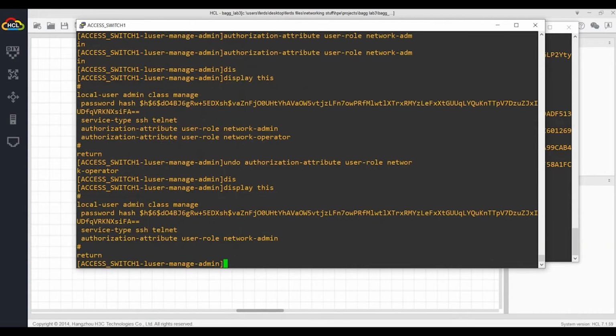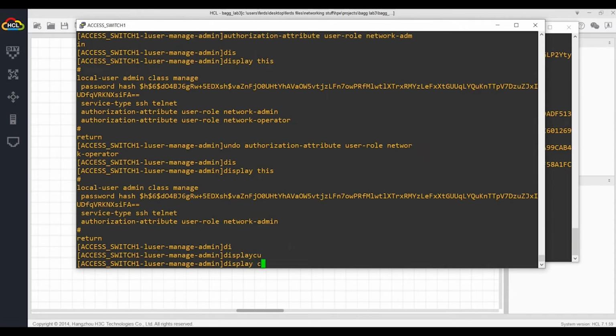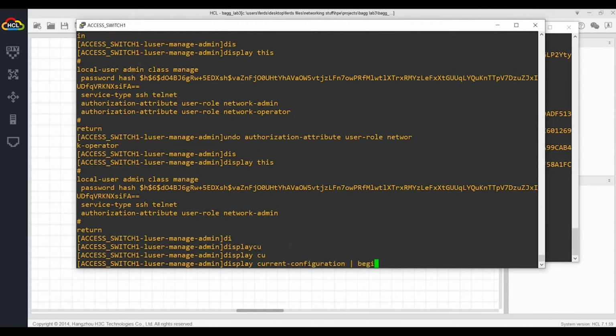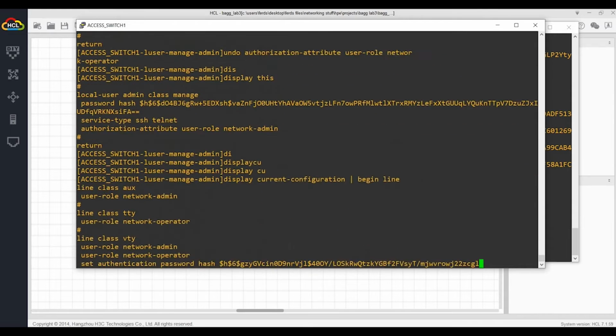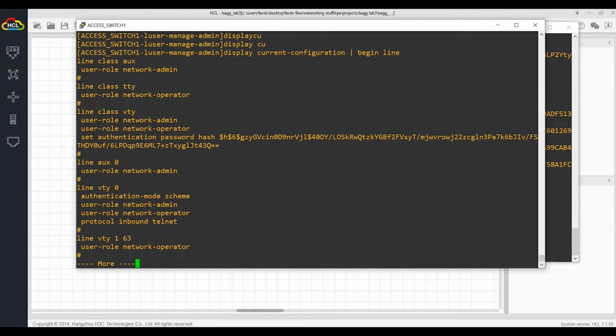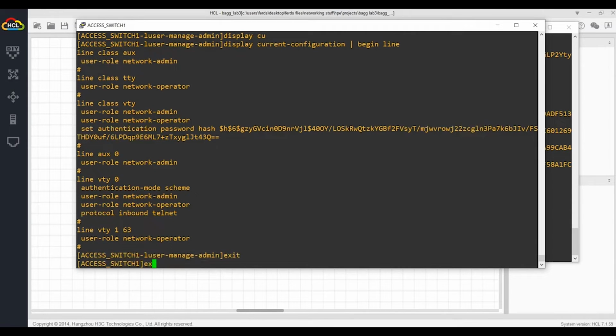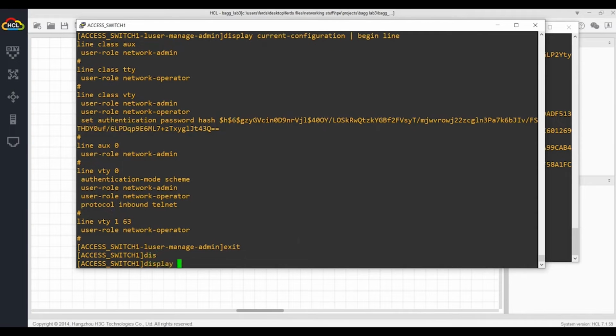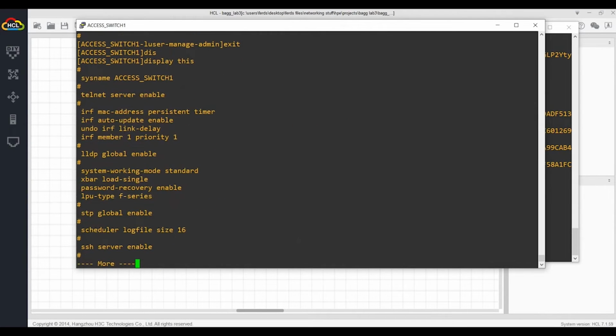Display this. Display current begin line. So line VTY, first line, it still has authentication mode scheme. So I expect that when I telnet into this device, the access switch,